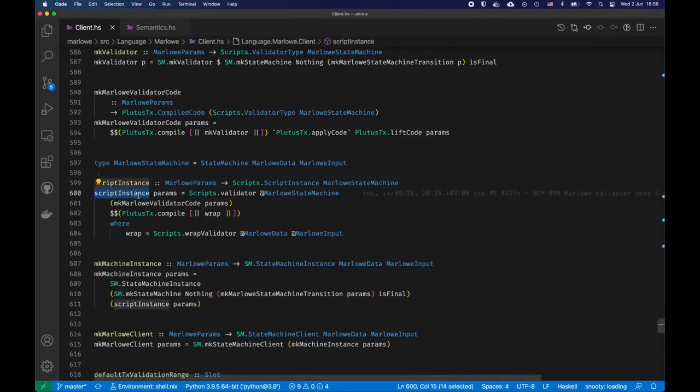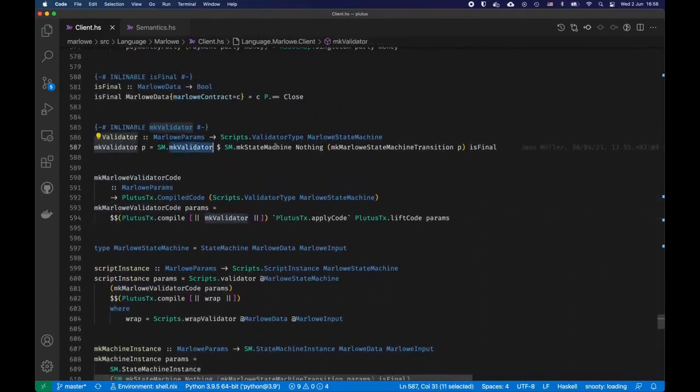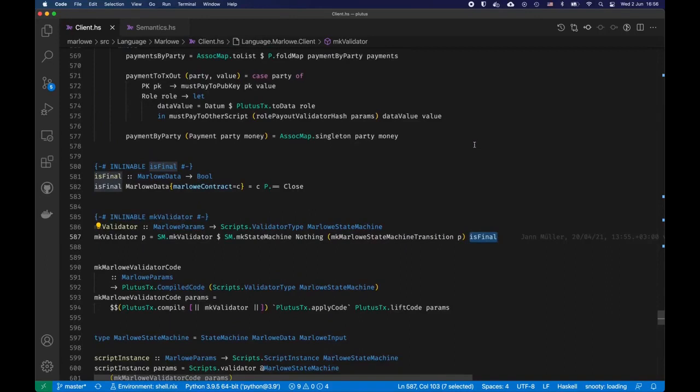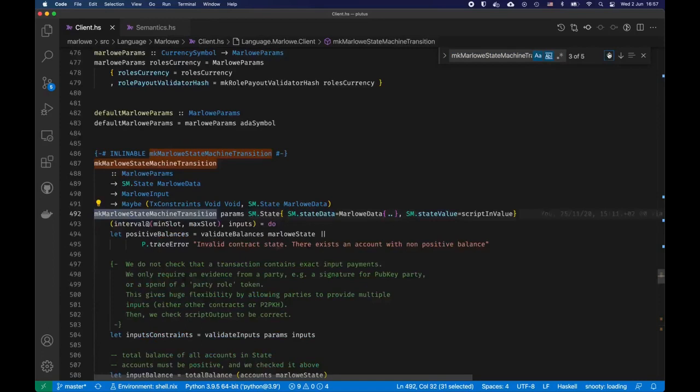So here's the script instance that essentially just calls this makeMarloweValidator code that uses a state machine library makeStateMachine call and provides two functions, a state transition function and a finality check for a state machine. So the finality check is very simple. We just check that the current contract is closed, then the state machine is done, and the state machine transition function is the actual